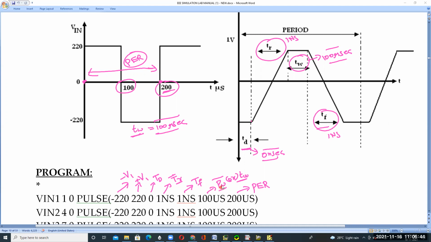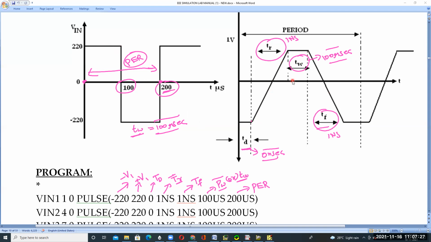By keeping the pulse width very small, or zero, compared to rise time and fall time, if the rise time and fall time are more, we will get a triangular waveform. In this square waveform, the time required for this curve is very small. Rise time and fall time are both very small, 1 nanosecond each. So compared to pulse width and pulse repetition, they will not appear in this square waveform. Ideally, the waveform looks like this.